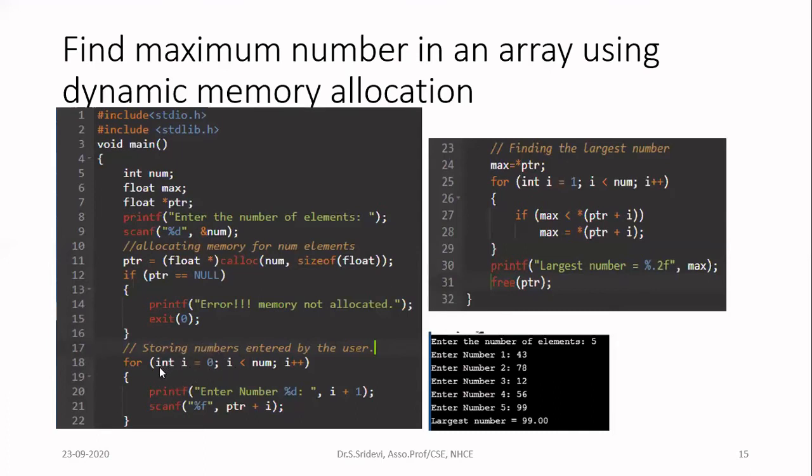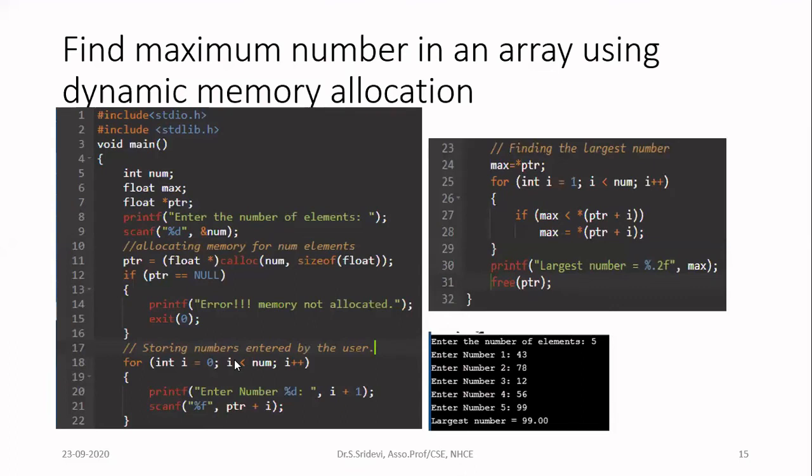Students, I have given int I here, but when you work in a pure C compiler, give int in the beginning of the program, in the variable declaration part. That is in line number 7, you can give int. This will not work in a proper C compiler. Okay, so now I am writing int I is equal to 0, I less than num, I plus plus. Don't start with I equal to 1 because your memory is now allocated. You are going to access it with the help of this pointer, PTR. If you put PTR plus 0, you will access the first element of the memory allocated. Okay, so don't put I equal to 1. This is a very important point.